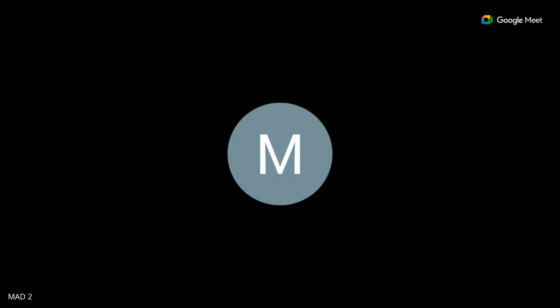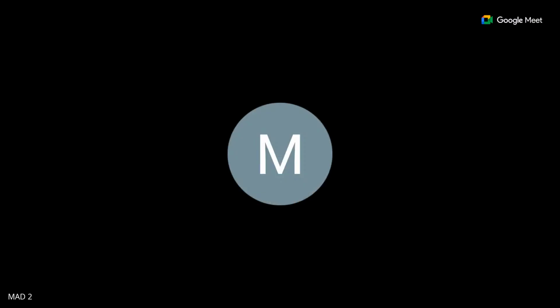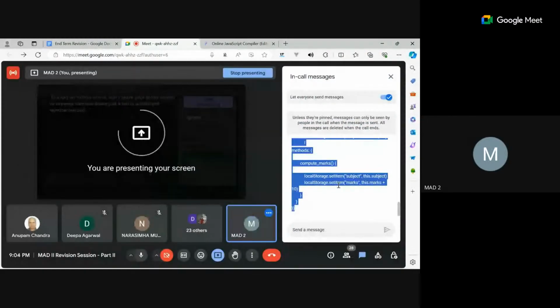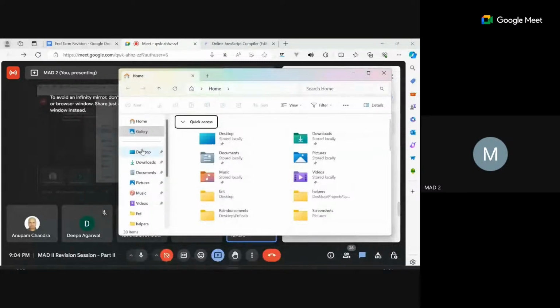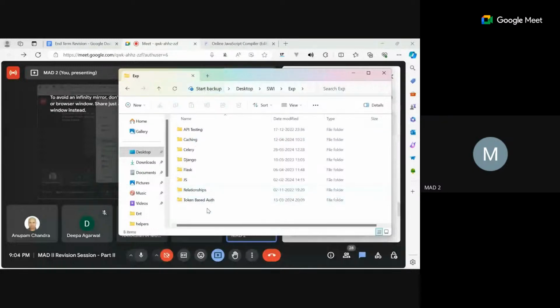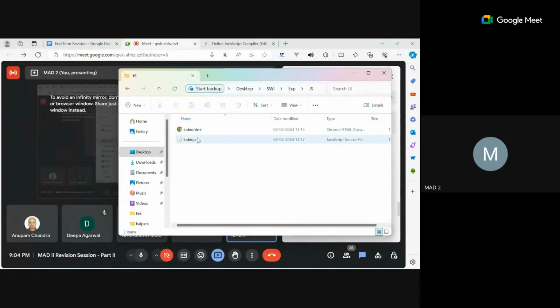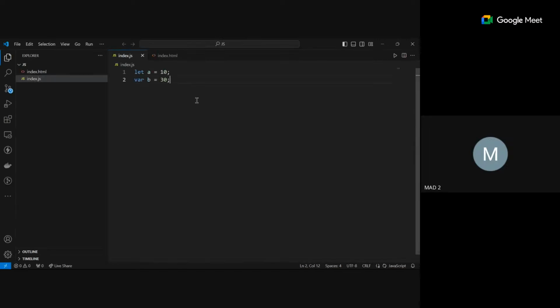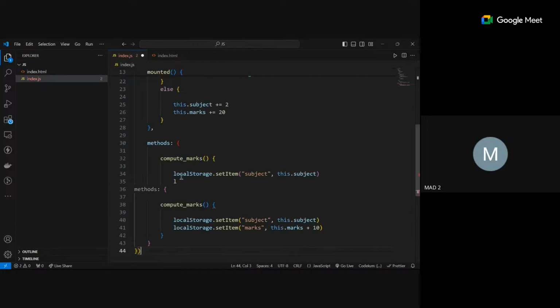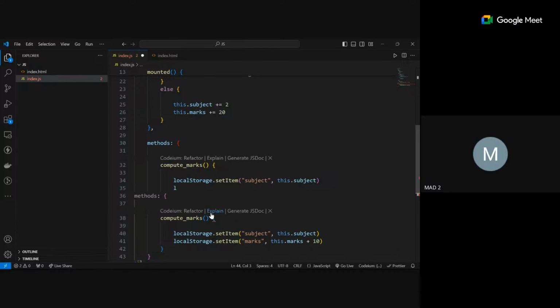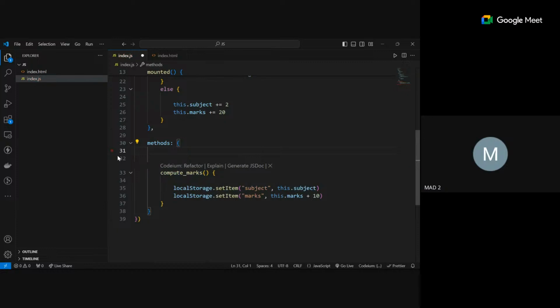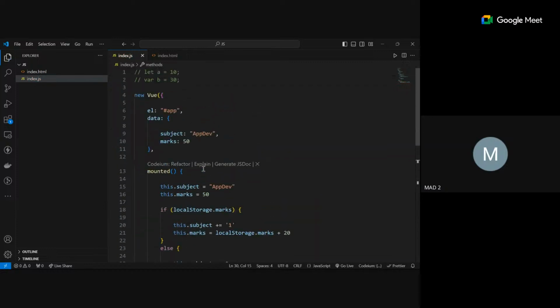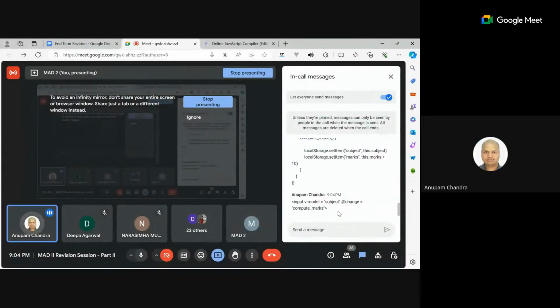Okay, I think you will also have to share the HTML for that. Yeah, I'm just doing that. Your screen is not visible. Okay, my screen. Okay, present it. I have shared the HTML part,